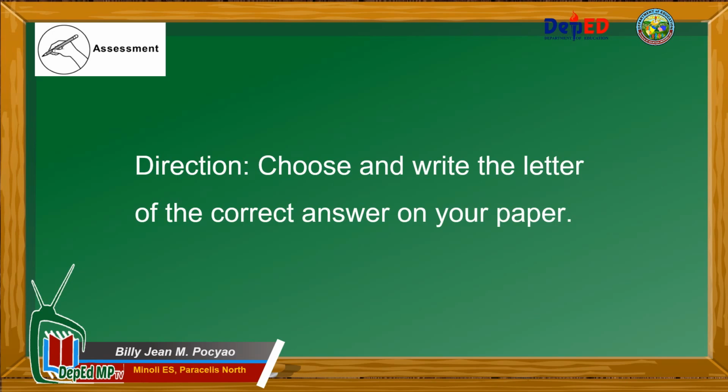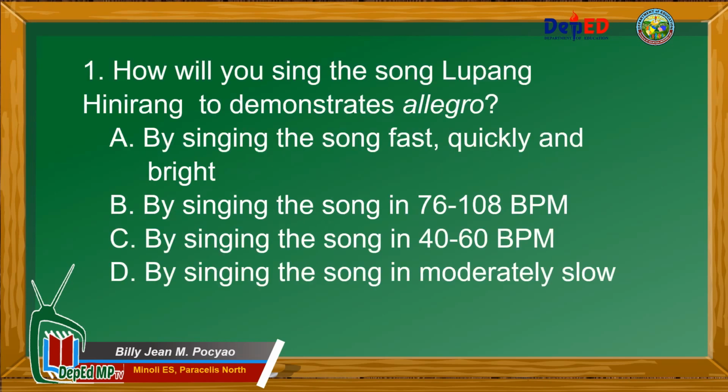Direction. Choose and write the letter of the correct answer on your paper. Number 1. How will you sing the song Lupang Hinirang to demonstrate allegro? Letter A. By singing the song fast, quickly and bright. Letter B, by singing the song in 76 to 108 beats per minute. Letter C,